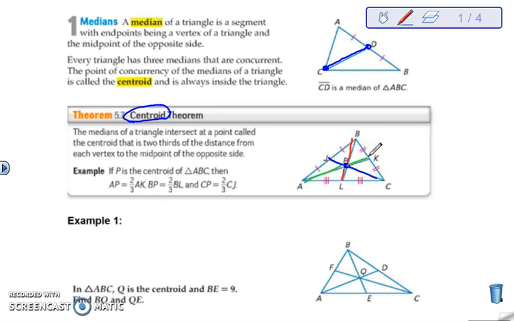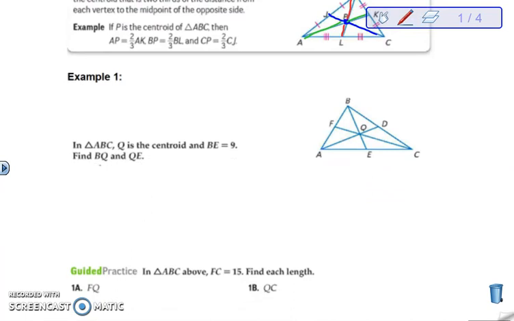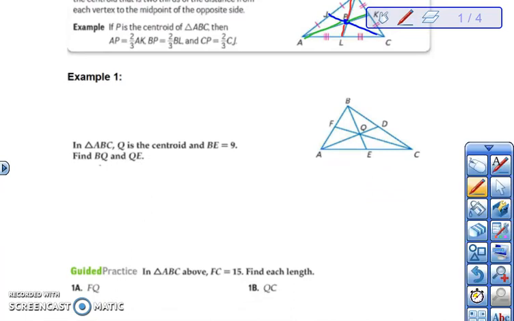So, for example, A to P is twice as big as P to K, B to P is twice as big as P to L, and C to P is twice as big as P to L. So the way that we're going to end up using this is they're going to give us a problem. They're going to fill in some lengths and ask us for other lengths. So, if we look at this,